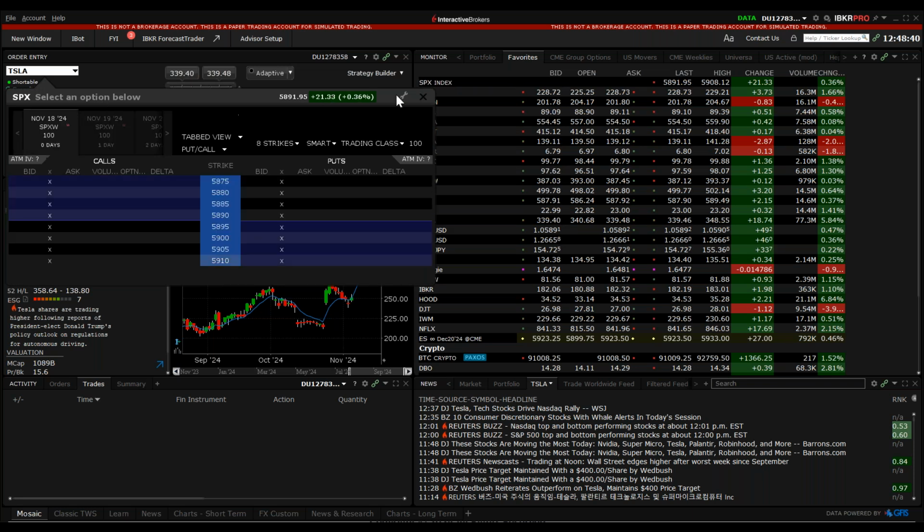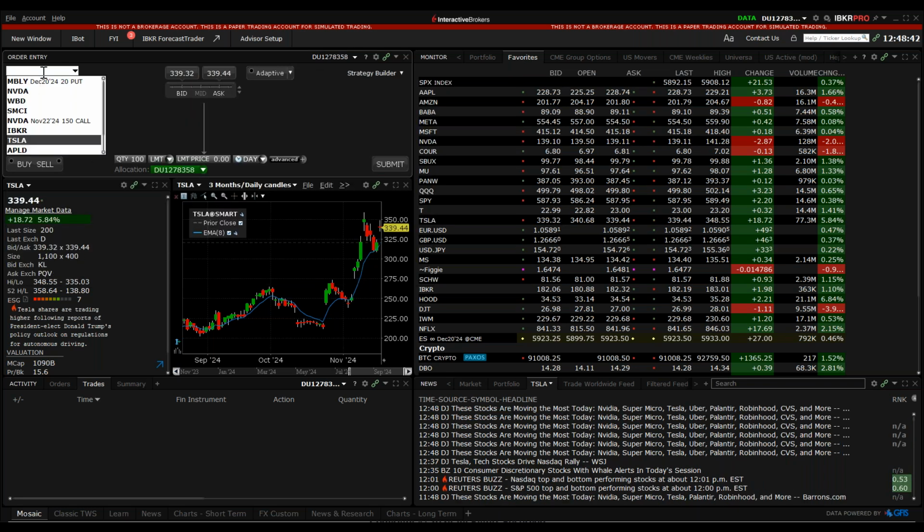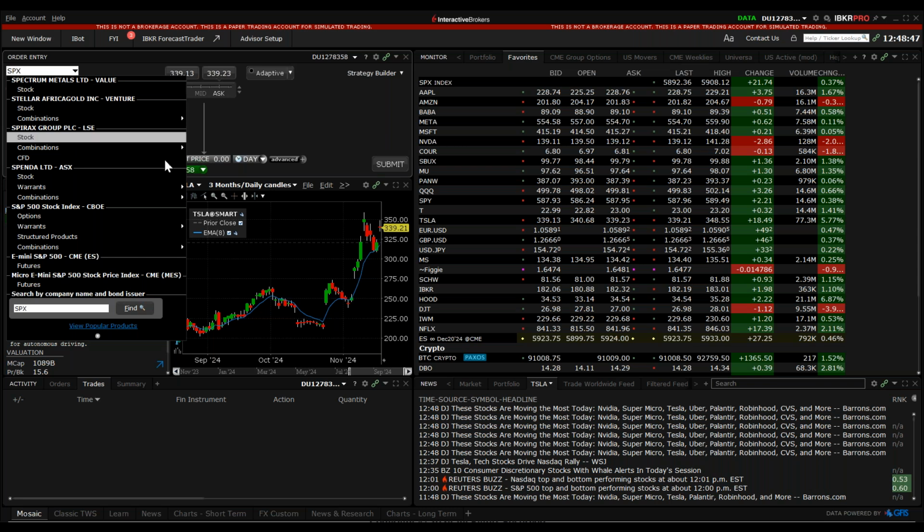If you held it to the last day, remember, the longer, let's sing the song together, the longer you're in a trade, the more the SPX can move. The longer you're in the trade, the farther SPX could move, right? You could try this yourselves. It's not that, hey, I'd love to stay in this till expiration.